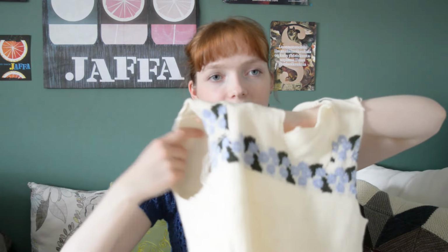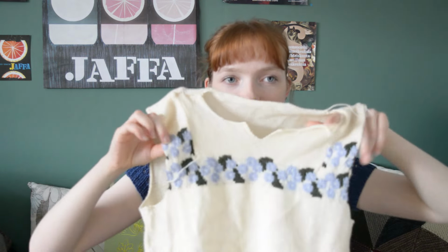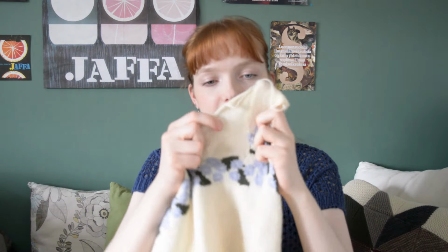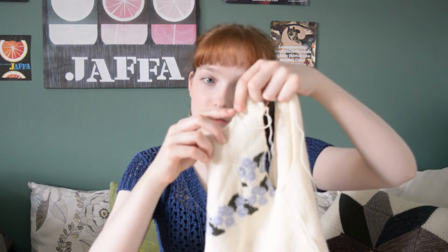So I was finished with this colorwork portion here, and then I just finished the rest of the yoke, front yoke, and I started seaming it, but I did it wrong and I have to rip off the seams because the front yoke is kind of fun. Maybe you can see that here there is a seam, so this part and this part are knitted separately and then you seam them together, and I should have sewed them all up until here together,